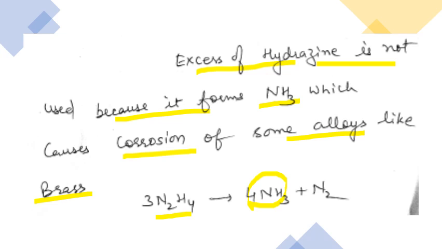It should be used in an appropriate amount, meaning a calculated quantity. Appropriate means it should be calculated. How much dissolved oxygen is there? We have 8 parts per million. So we use the calculated amount. Understood? A calculated amount of the hydrazine is used. So rather than saying the word appropriate, we have to say the calculated amount. The calculated amount is very essential to use. It should not be in excess, otherwise it results in ammonia, which leads to corrosion.